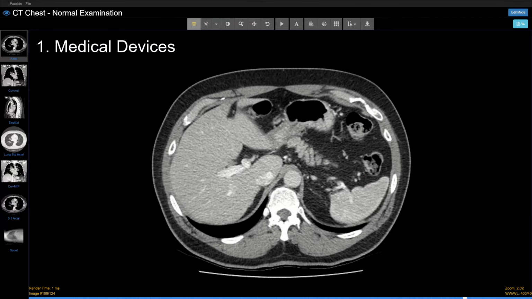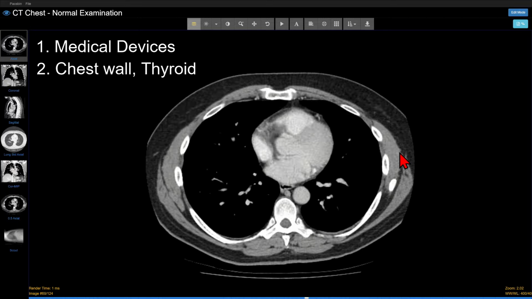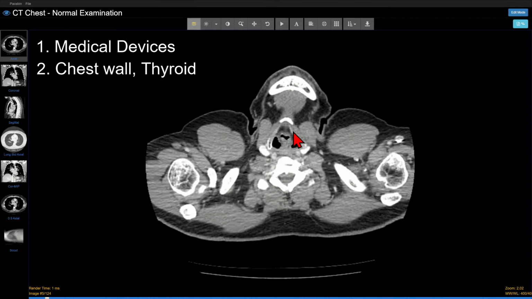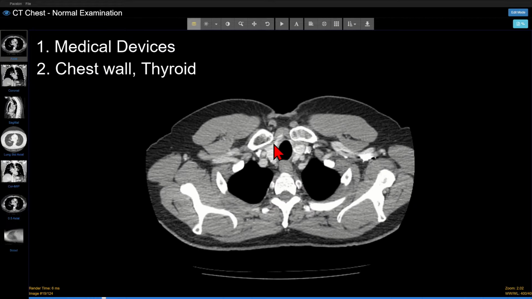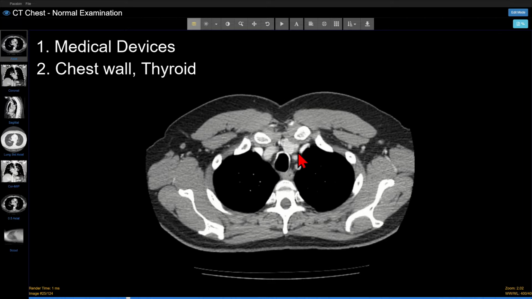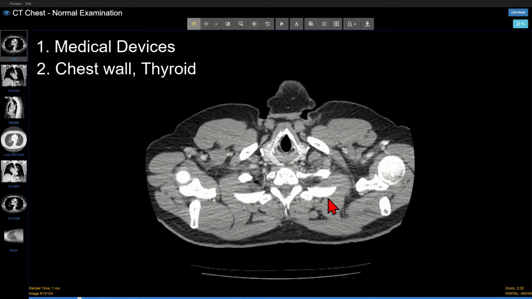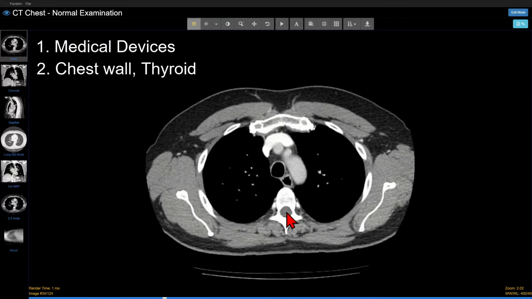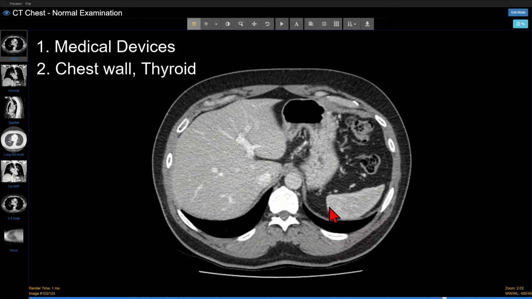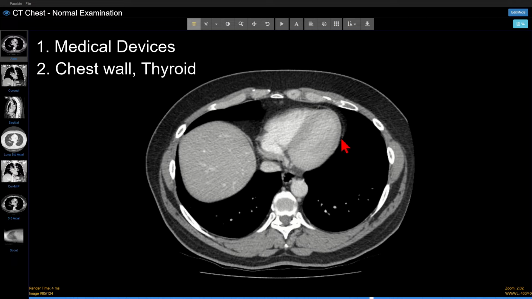Staying on soft tissue window, I then look at the chest wall, including all the way up to the lower neck, which also includes the thyroid, looking for incidental thyroid nodules or thyroid masses. As part of my scan of the chest wall on soft tissue windows, I'll quickly look down the spinal canal for any incidental findings, and then start looking at the thoracic cavity itself, starting with the heart and